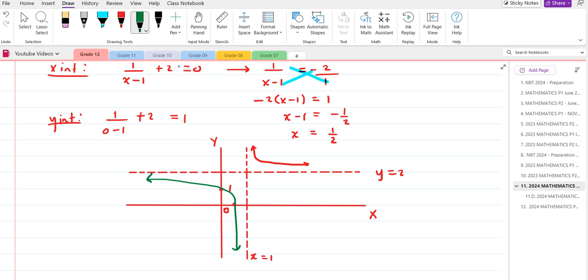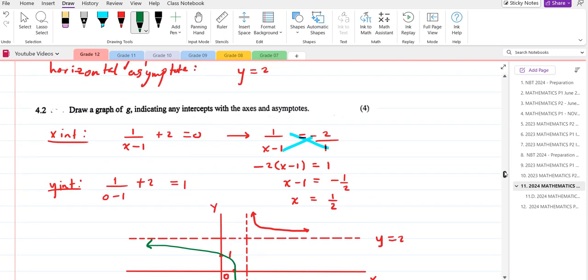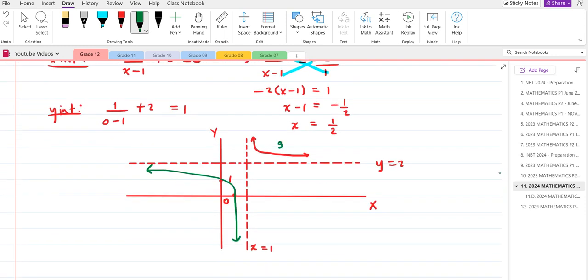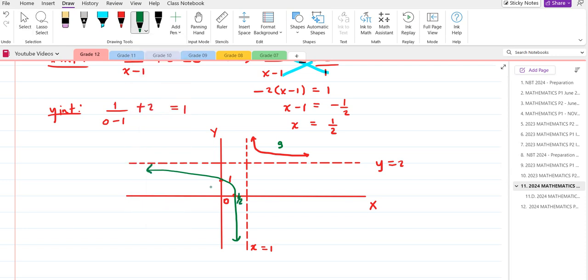Okay, so that's my graph, and we can call this the graph of g of x. That's my g of x function. Right, so make sure to draw that, and thus there's the asymptotes. You need to represent this x-intercept as well, which is half. Right, this value is 1, this value is 2. Right, so I hope you guys understood that. Now moving on to the next question,